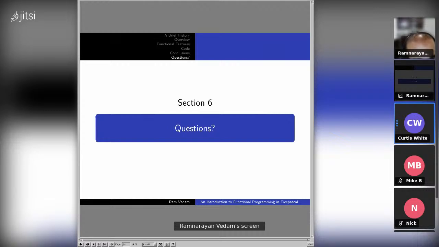One of the complaints about Pascal is that you have to define these things in a particular order. You have to have a label section if you have them. You have to have types. You have to have constants. Then you have to have your variables, and then you have your procedures.